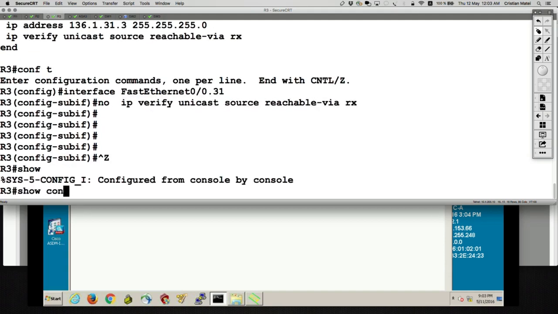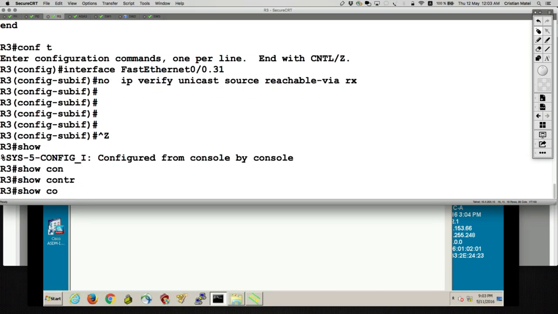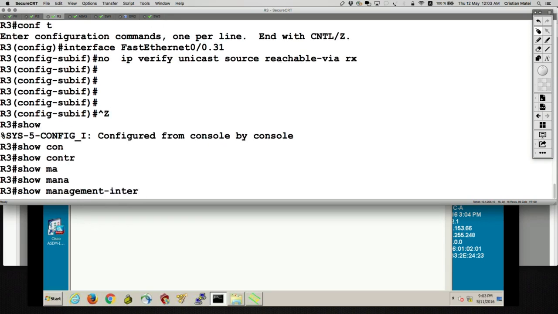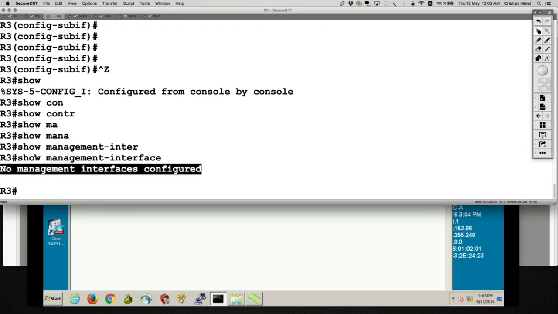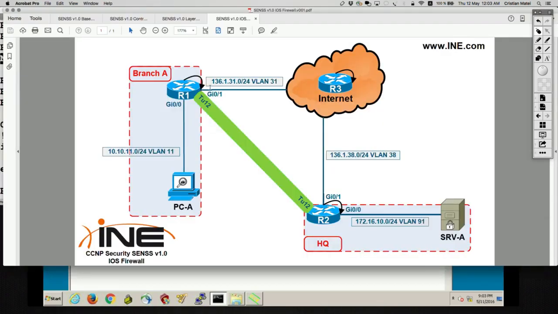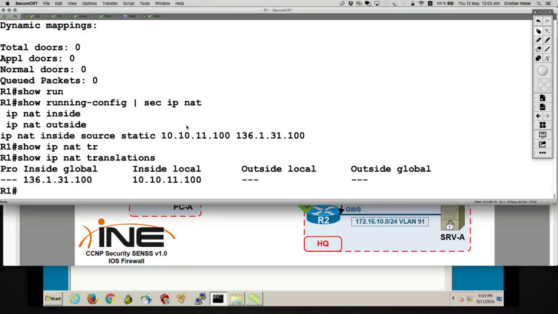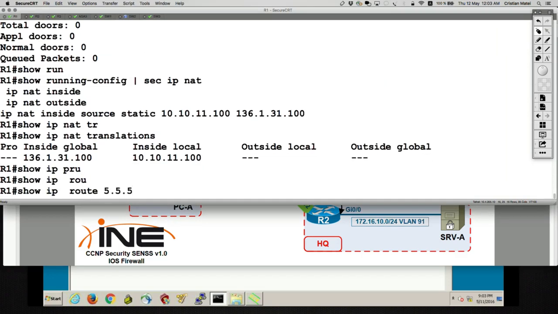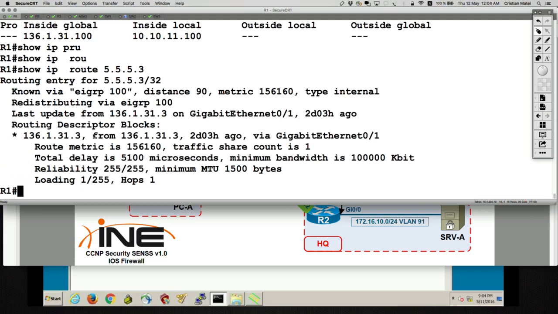Show control plane, show management interface, not configured. Let's verify if router 1 has a route for the loopback of router 3. So let's confirm routing, step by step. It does have a route,